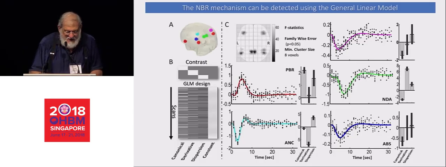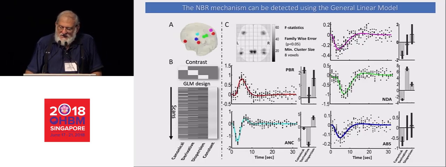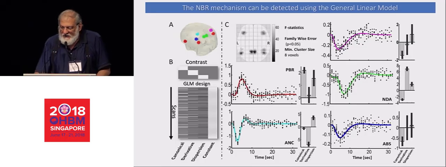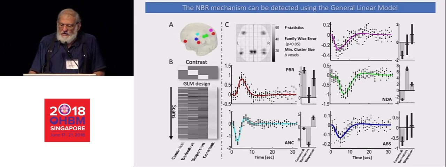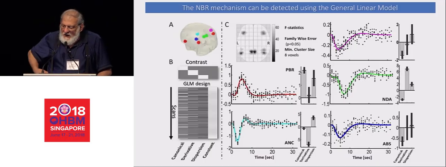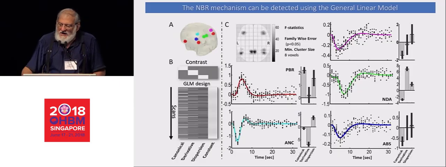Well, if this works, we can now produce, with these simulations, a way of looking at actual data. So what we see here is in a glass brain, different regions that have actually different types of mechanism for a negative BOLD response. And what you see below on the left in B is the design matrix for an SPM. And what this allows us to do is to pull out the regions where there's maximal intensity of the model to